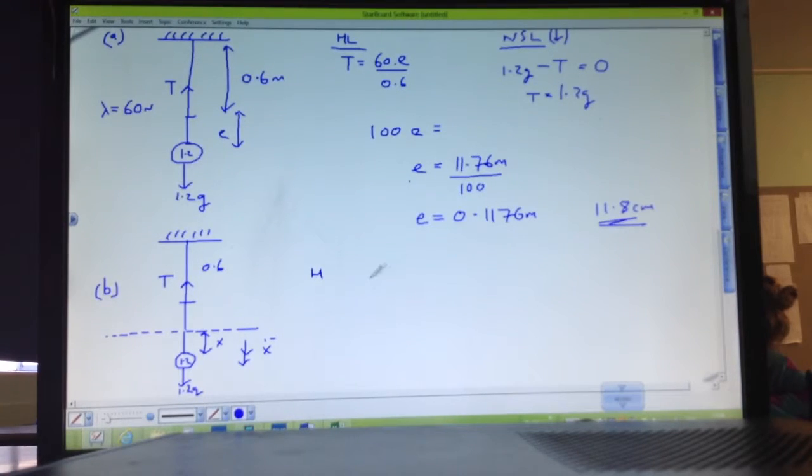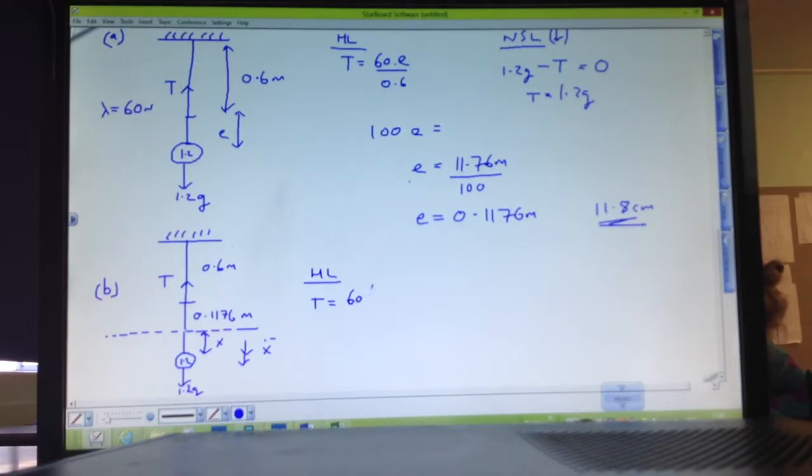Yeah, sorry, I've missed that off. That's going to be 0.1176. Okay, so that's meters. Okay, so Hooke's law, I've got tension is equal to, at that stage specifically, it's going to be